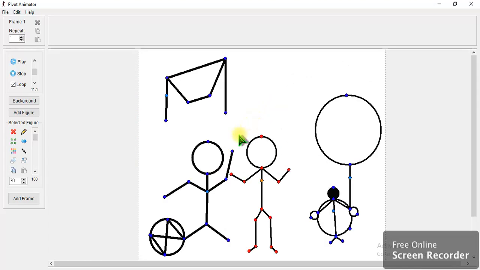Now you can see I have created a park scene. See, I have done a bug, a tree, one boy, one more boy with a football, and a swing. All this I have done already and saved also. Now I am going to give animation for each. I am going to add frames. Like this the ball is moving.